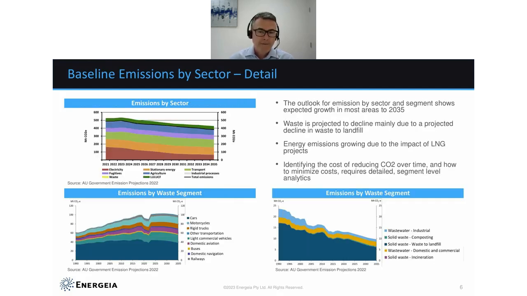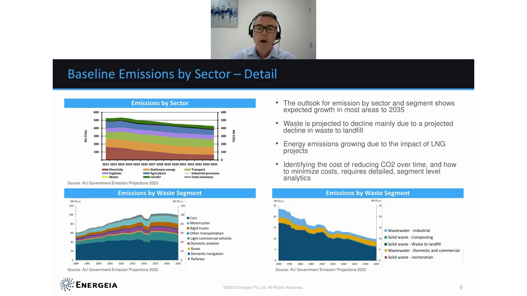Now here's, I guess, a more detailed view showing the forecast emissions by sector in Australia, generally heading downwards, which is good, though not necessarily at the target that you ultimately need for the degrees of warming that we're aiming to achieve. Bottom left, it says emissions by waste segment, but really that's by transportation segment. You can see, with the exception of passenger vehicles, that sector is actually forecast to increase its emissions over time, at least till about 2030, when a decline is expected to start,